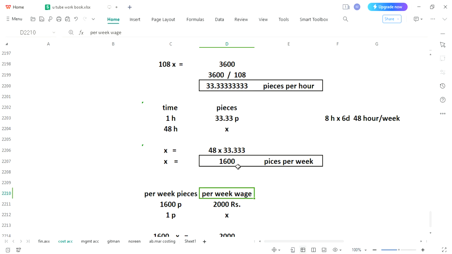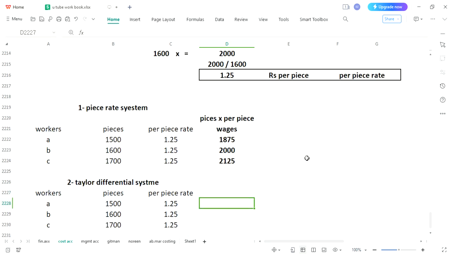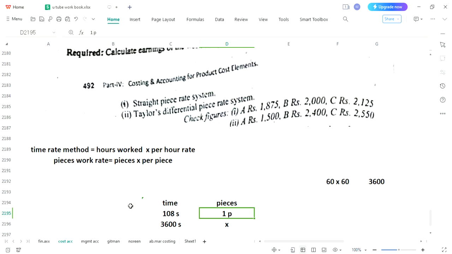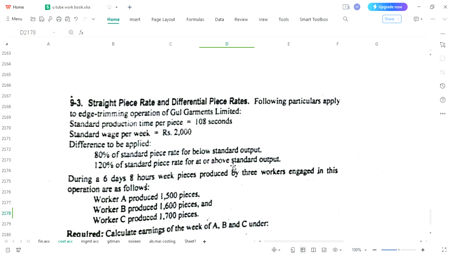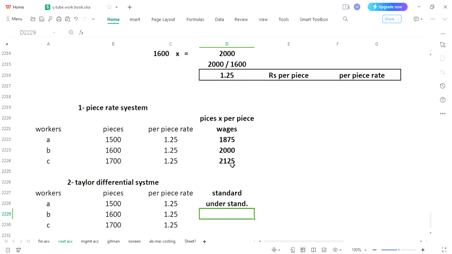1600 pieces per week should be made, and here you can see to set the standard we would be looking forward for their units. 1500 units are made. So this is under standard, and this is what has been said above standard. So you will write it above standard,